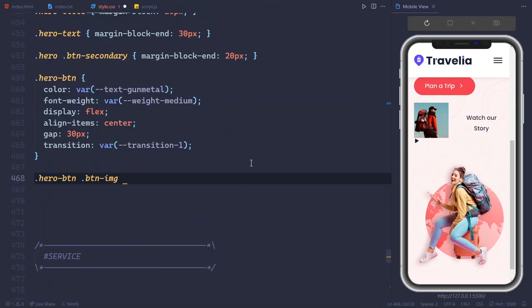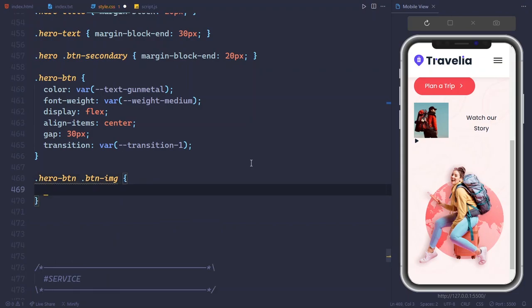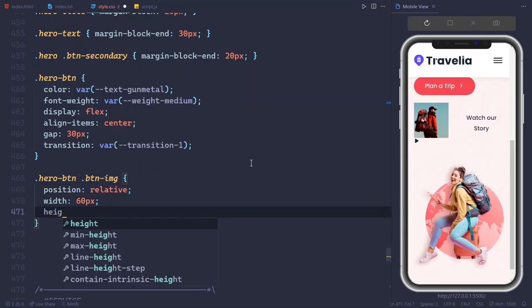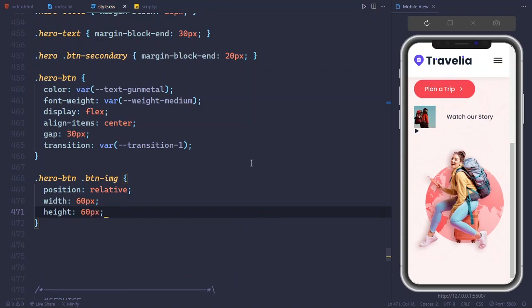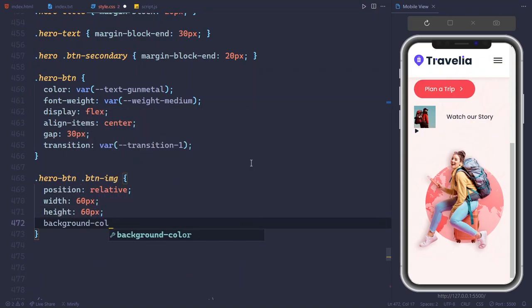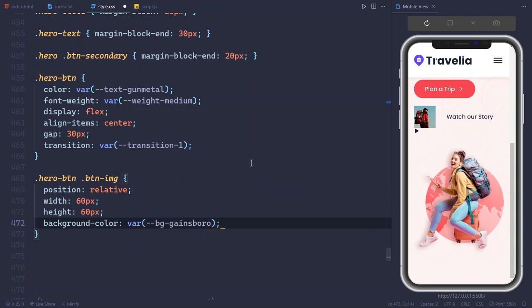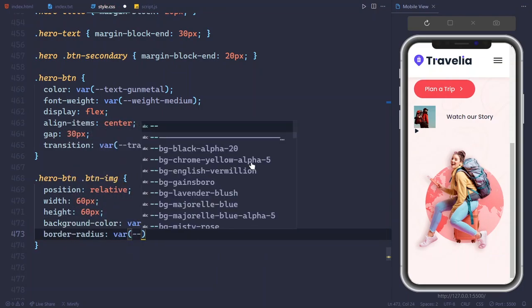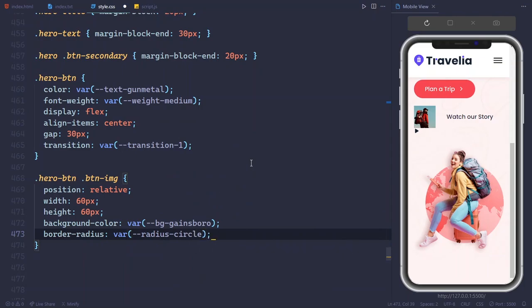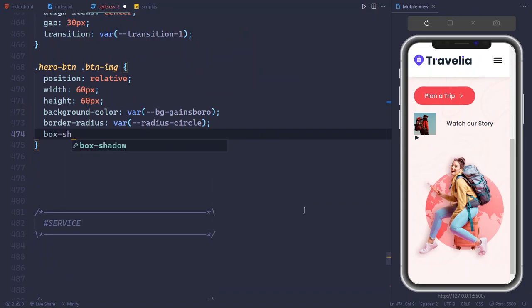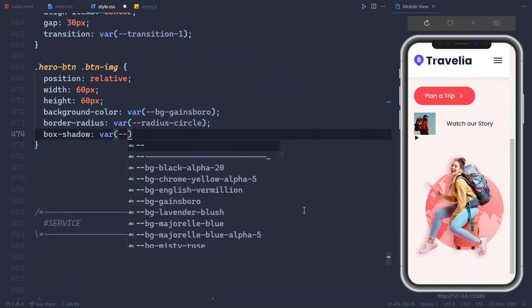So for the btn-img, position will be relative and width and height will be 60px, and also background-color will be var(--bg-gainsborough), and then border-radius will be var(--radius-circle). And for the shadow will be var(--shadow-1),